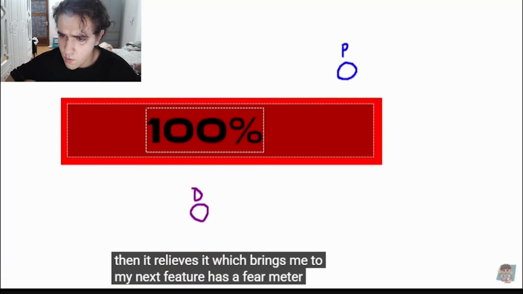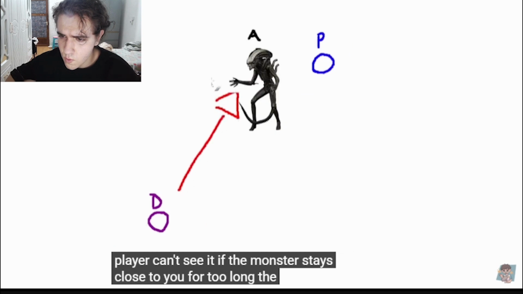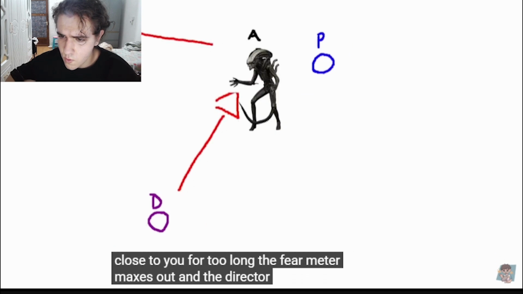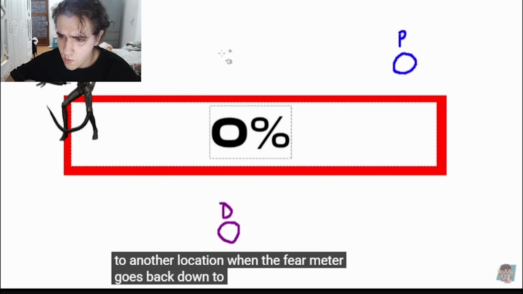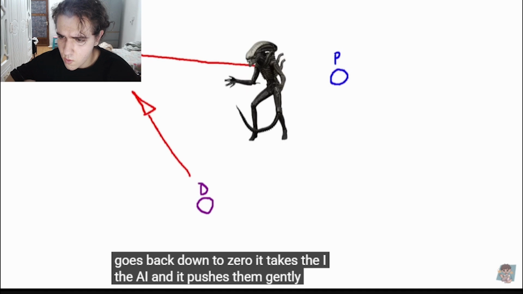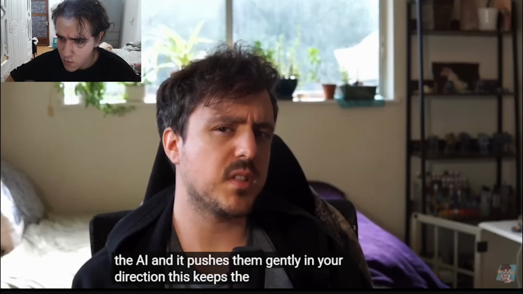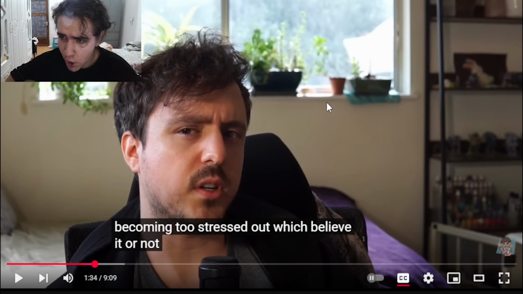It has a fear meter, and the player can't see it. If the monster stays close to you for too long, the fear meter maxes out, and the director sends the AI to another location. When the fear meter goes back down to 0, it takes the AI and pushes them gently in your direction. This keeps the player from becoming too stressed out, which, believe it or not, would break the psychological horror vibes inside the game, because